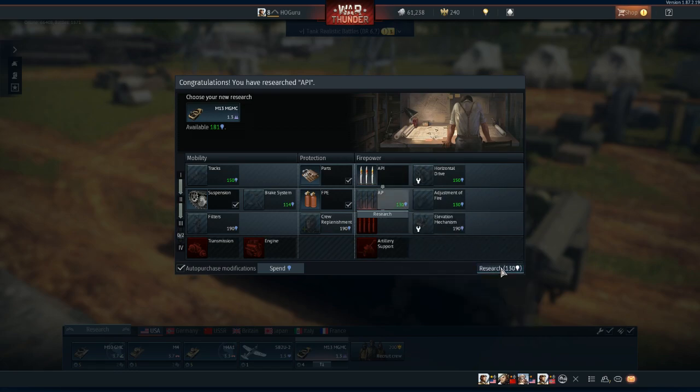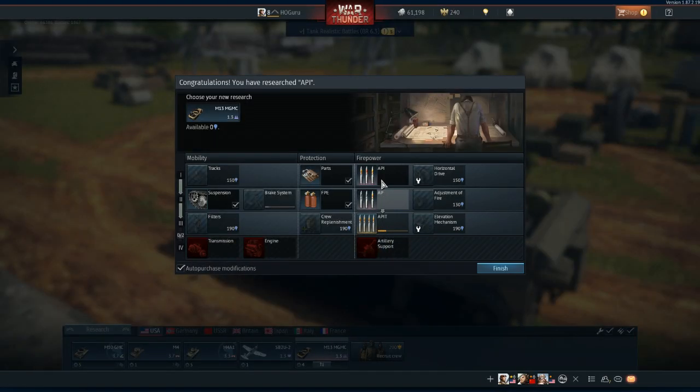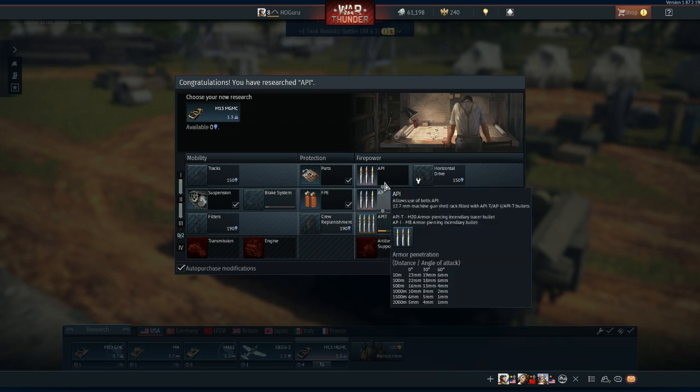So now I just buy those. The API. Yeah, I think the API belt is constantly 23 millimeter of penetration. Ah, okay. Compared to your default one, you lose the 26 millimeter penetration one, but you just get a constant 23. Okay, well, no, I also researched